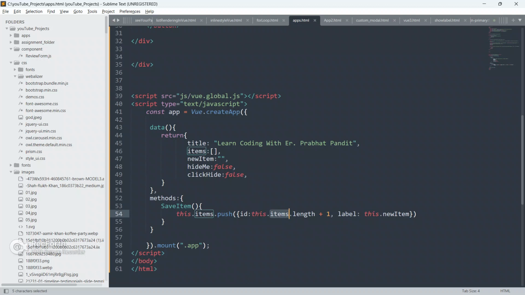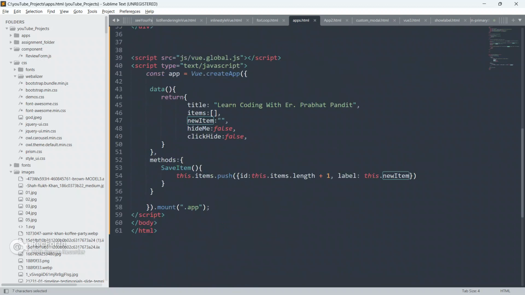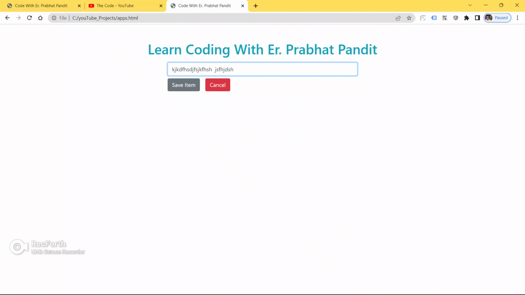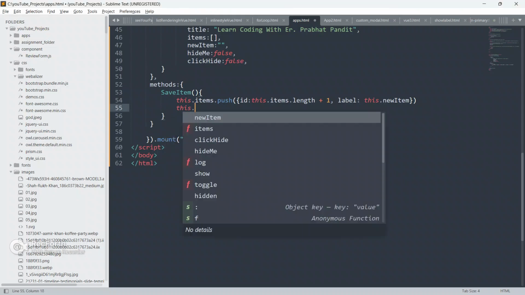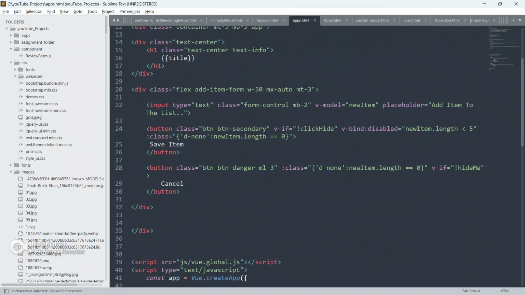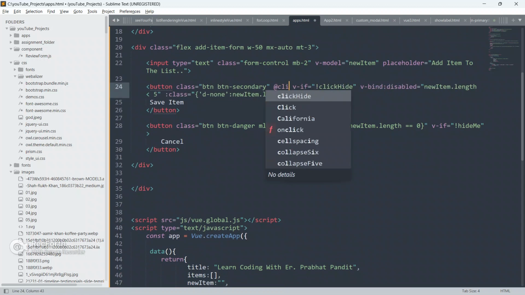So now it will start from 1 only, and I have given label also as this.newItem, whatever the user is going to insert in the input box. And at the same time we will clear this input box also. So this.newItem equal to empty.